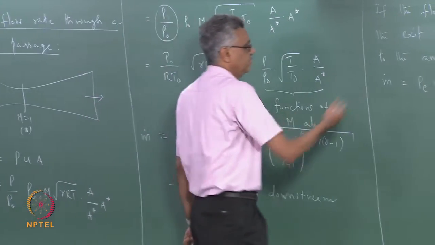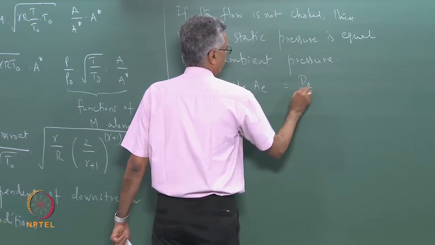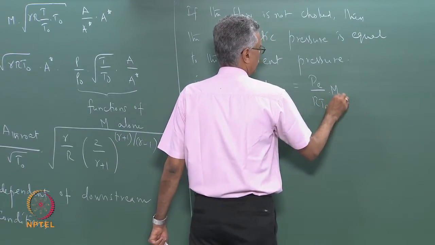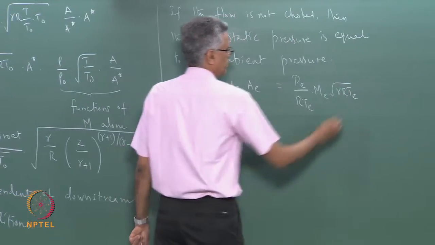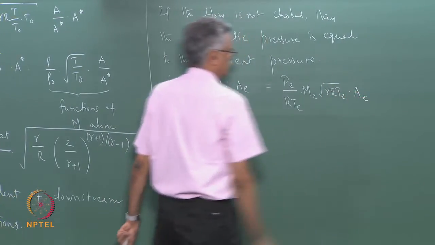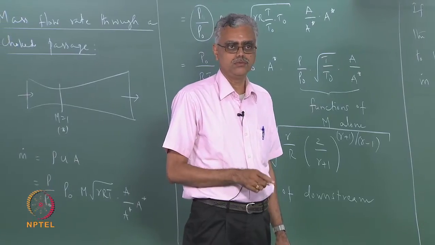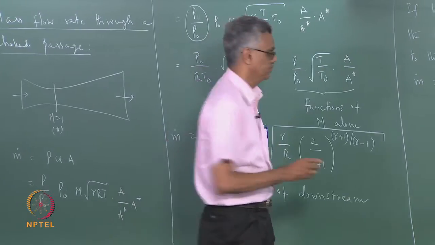We can rewrite this in the same manner as we did earlier. I can write this as Pe over R Te, and Ue itself can be written as Me times square root of gamma R Te, and I can leave Ae as it is. Exit area is known. Since the exit pressure is known, stagnation pressure is also known, and the flow is isentropic,